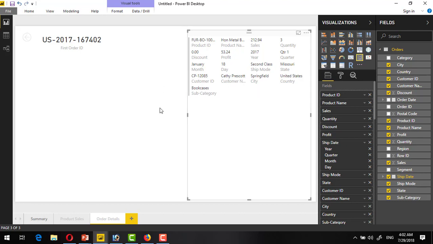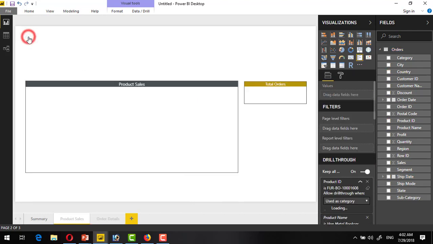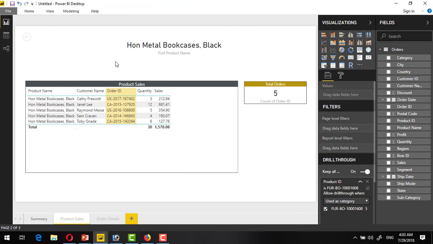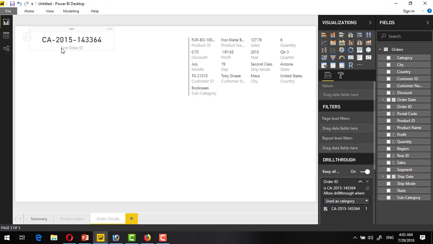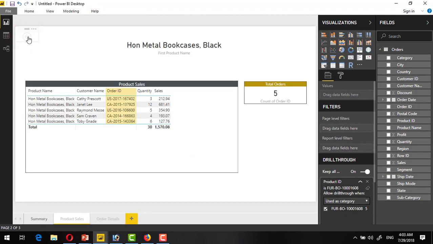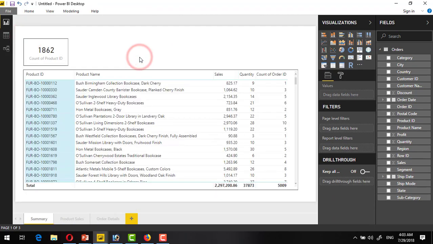This is specifically the detail of this order, and I can go back to the previous page from where I was, and see the detail of this order as well by right clicking, and then go back from this to the summary page. Okay,